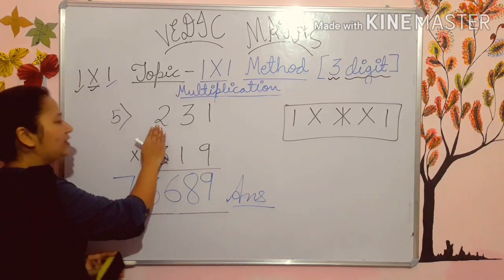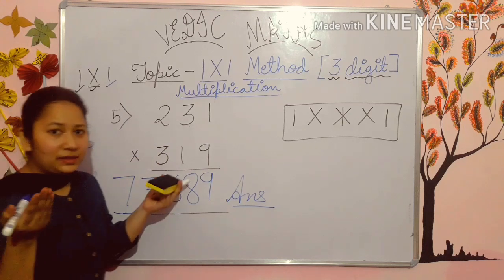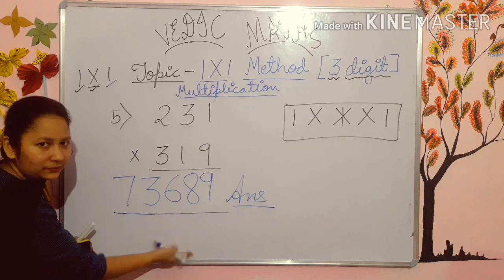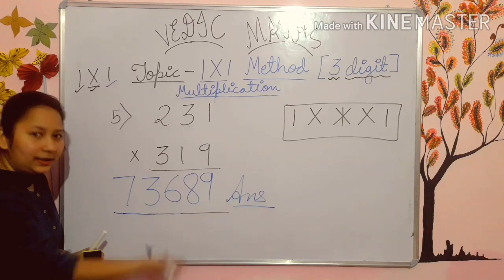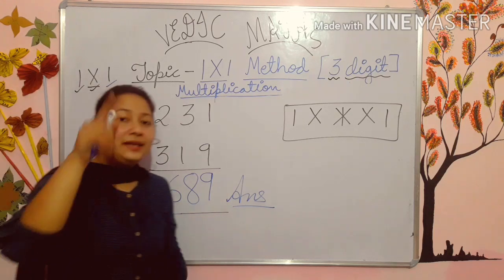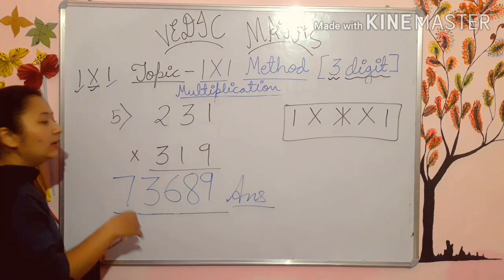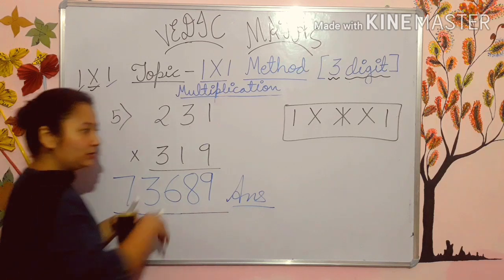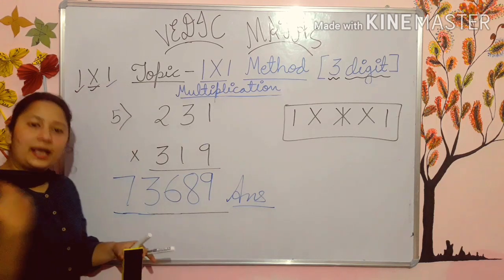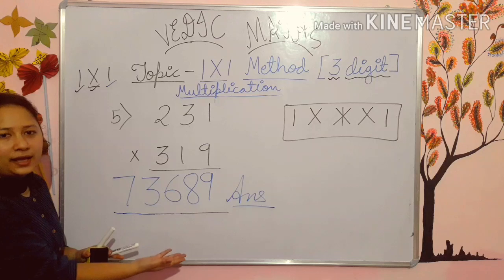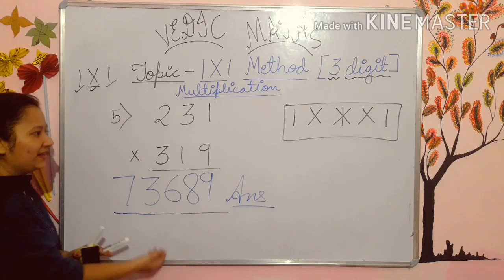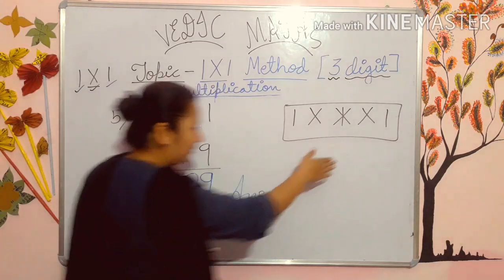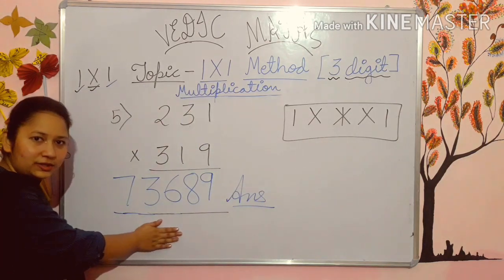If you do a 3-digit multiplication, you will form 3 rows and then you will get the answer, and it can be wrong. But by this method, orally I have done all the calculation. I have not used any rough page or done any rough work, and directly I have got the answer. So kids, it's a very easy method. By this pattern, you can do the calculations orally.